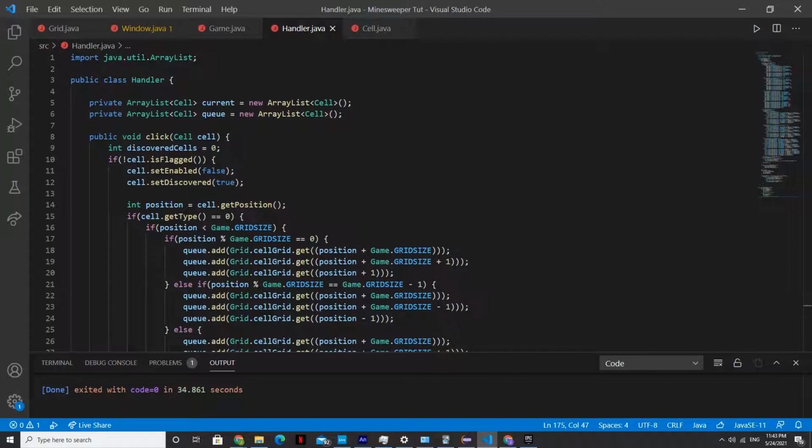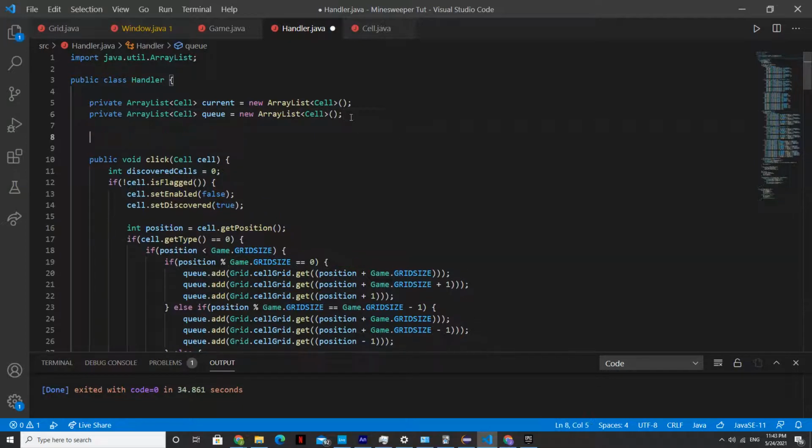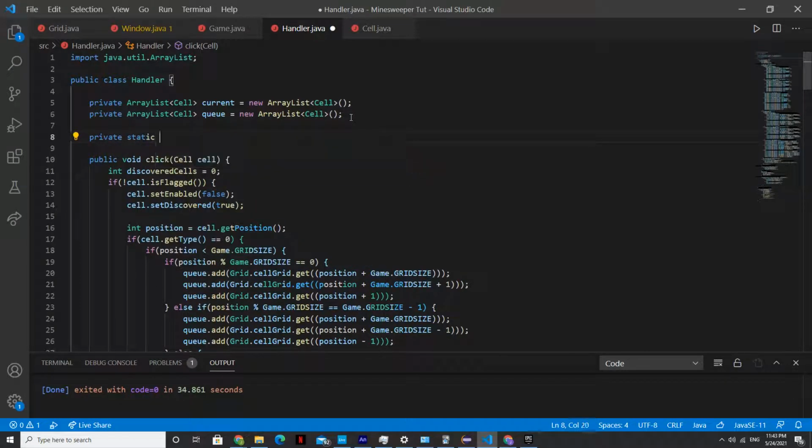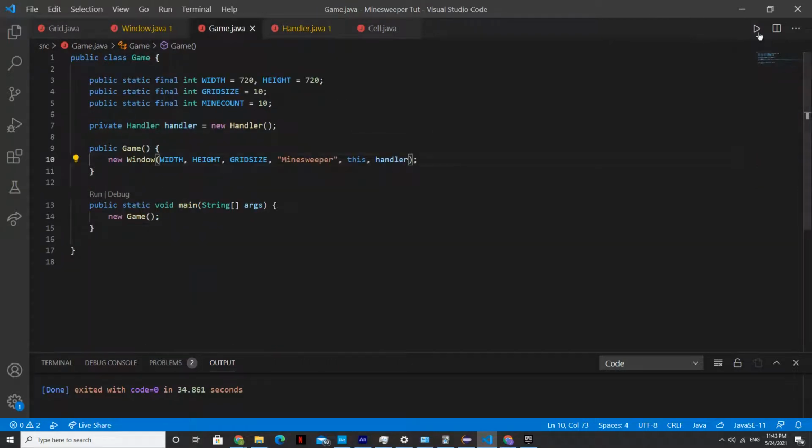Now we're going to go ahead and create our flaggedCells variable here. It's going to be a static variable. So we're going to say private static int flaggedCells. This again keeps track of how many flagged cells we have in our entire game here. But as you can see, once we run our game,